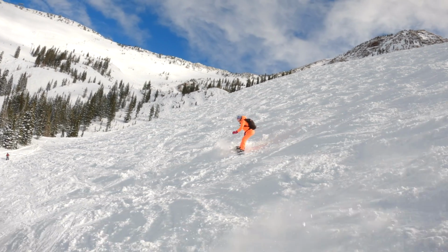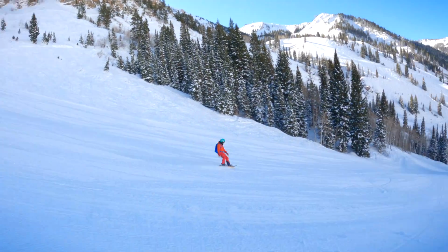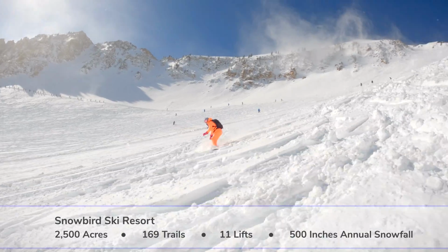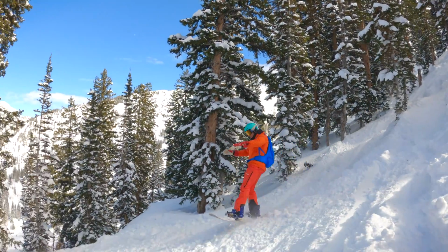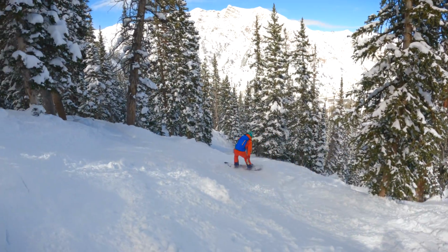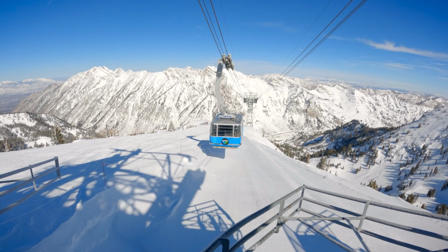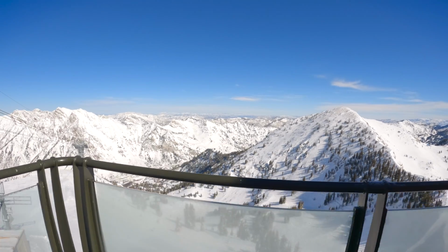Snowbird Ski Resort is famous for steep and deep, rugged terrain, beautiful views, and fluffy Utah powder. Over half of the expansive 2,500 acres are beginner and intermediate runs, including high alpine open bowls. Meanwhile, advanced chutes, cliffs, and glades provide a worthy challenge to even seasoned riders. The aerial tram takes riders high above the Wasatch Mountains, and 360-degree views at the top are magical on Bluebird